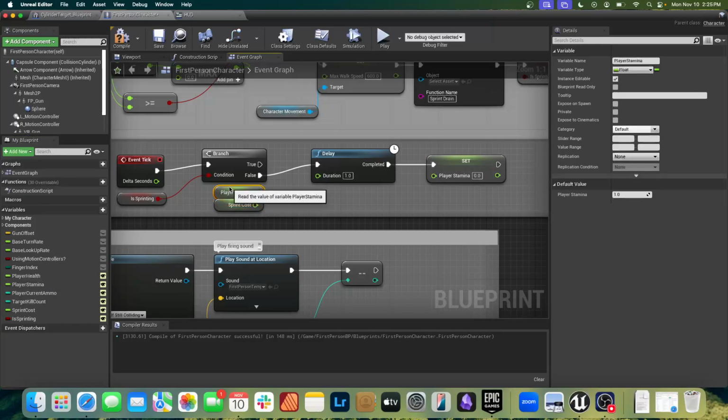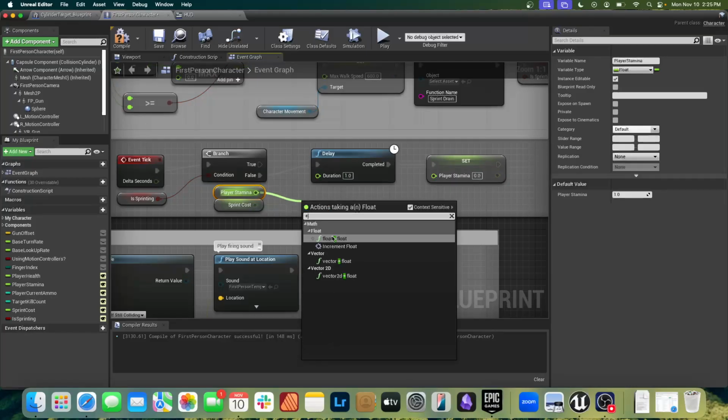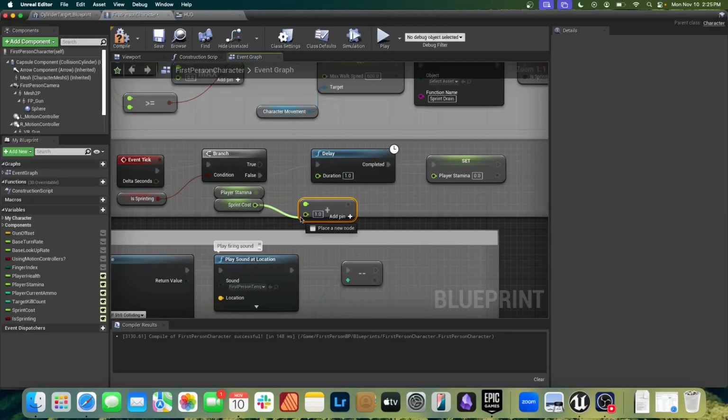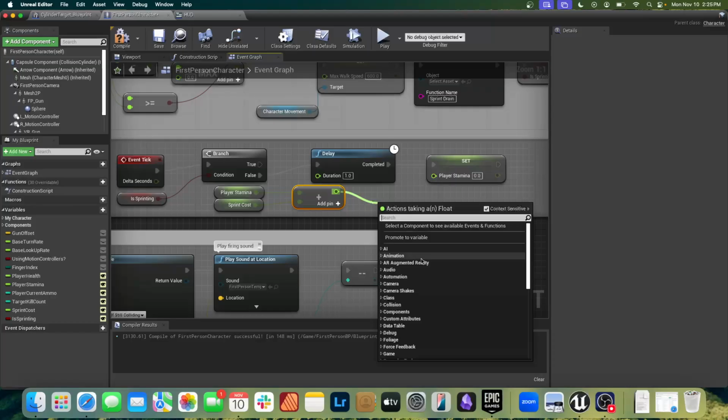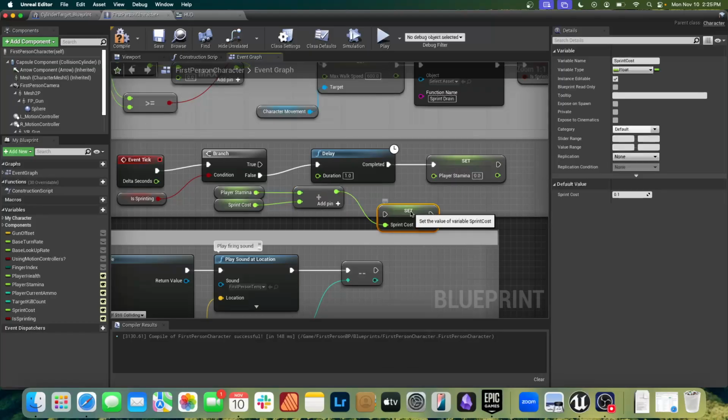I'm going to add these two together. So plus, add our sprint cost. And then we're going to do another thing, which is we don't want the sprint value to go above 1.0. So here we're going to do sprint, get sprint cost. We've got it at,